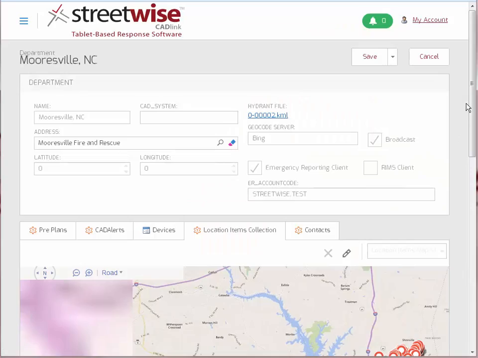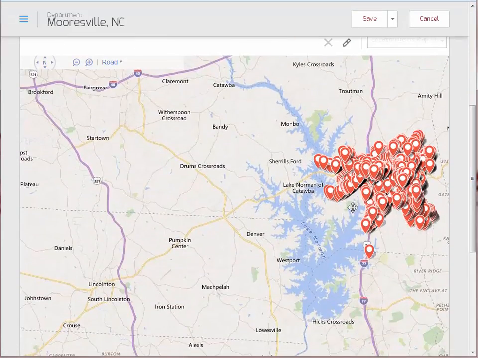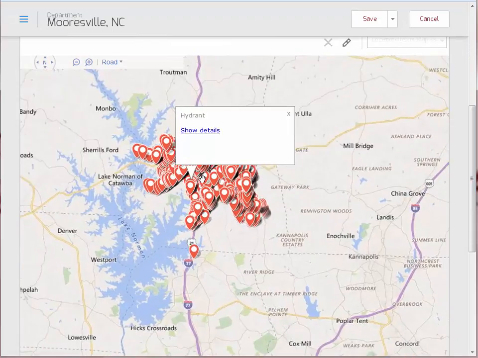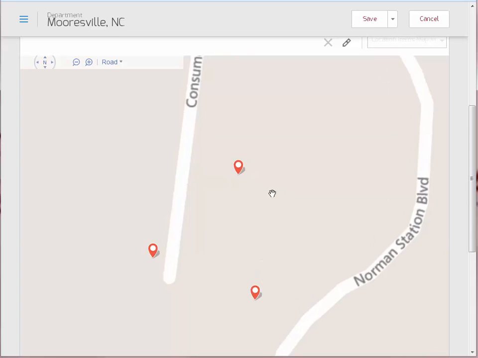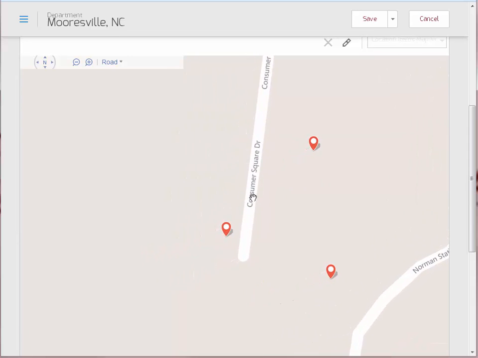So now, let's go back, for example, and say that we wanted to show a hydrant out of service. So we're going to zoom in till we get to the exact level of those hydrants. And let's say this hydrant at the end of Consumer Square Drive needed to be shown as an out of service hydrant. Well, in this case, we're going to click the Edit button,